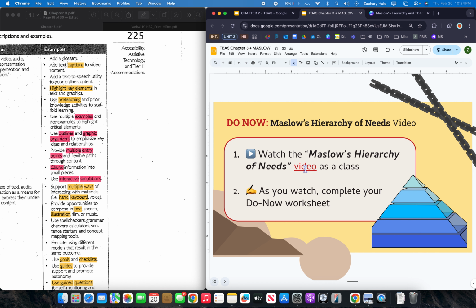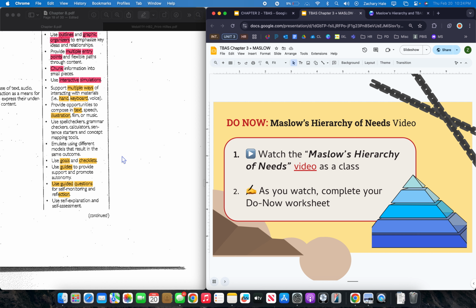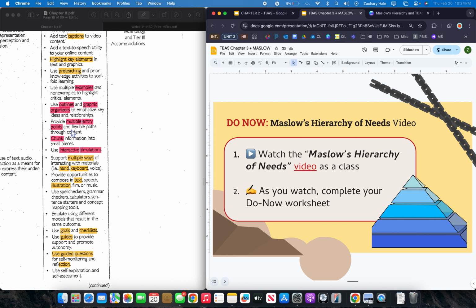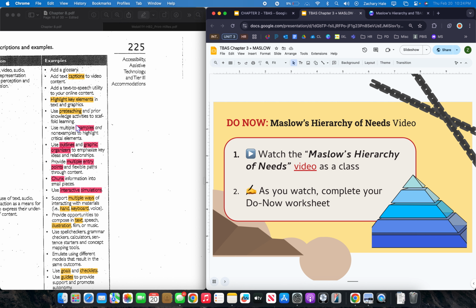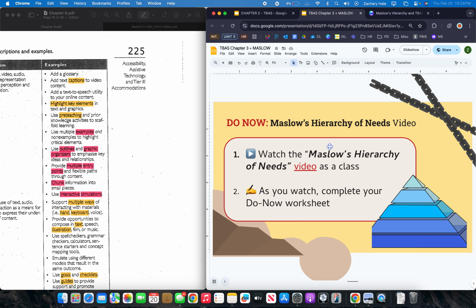But the video is just another way to provide multiple ways, audio, video, ways of learning for students, so they're not just reading. And this is also a way to chunk the assignment. First, they have to learn about Maslow's hierarchy of needs, which we did talk about a little bit before the